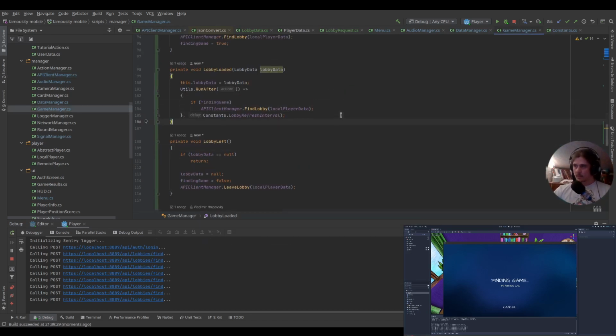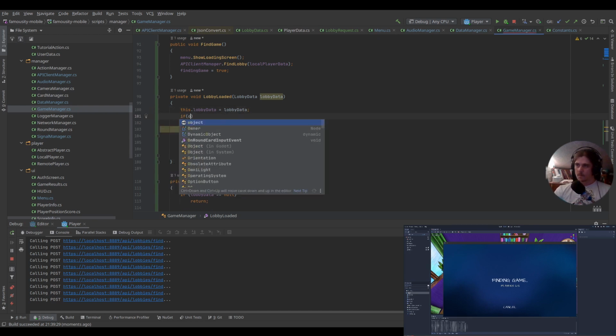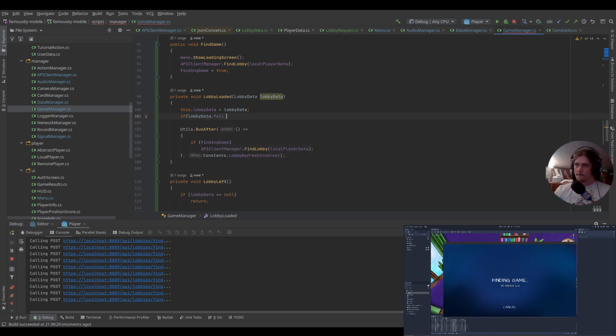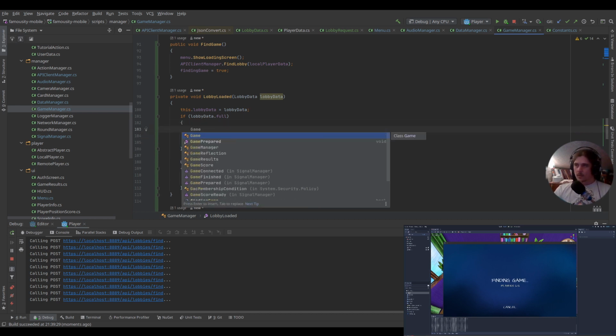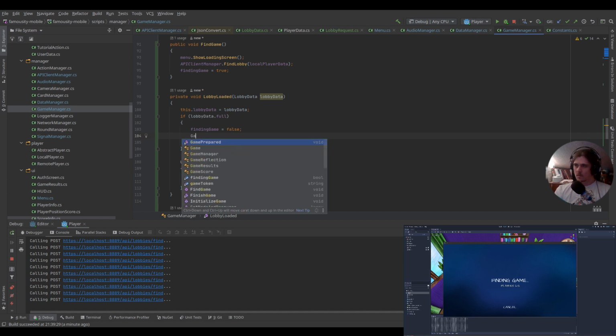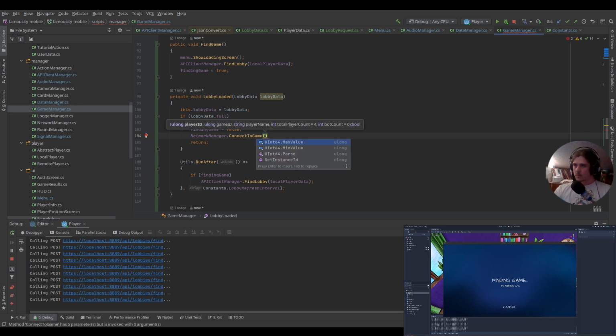So in such case, lobby loaded here, and if lobby data is full, that means that we can actually go to Network Manager and connect to a game. So local